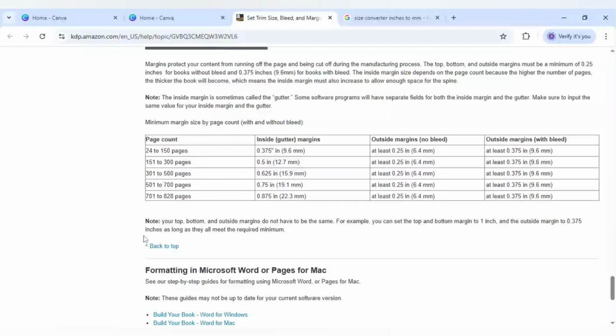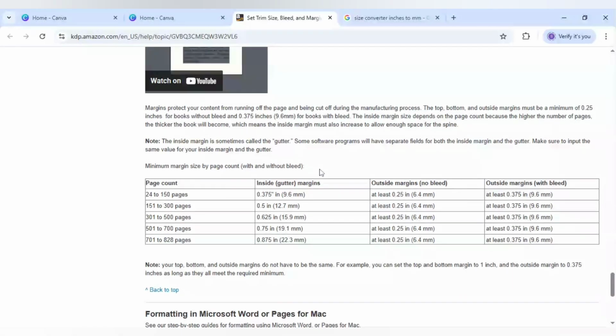Below, scrolling down, you will find here the gutter margins, means the bleed margins. It is said in the printing label, you can say gutter margin or bleed margin. So here, as you can see, 0.375 or 9.6 millimeters. So I will convert all the sizes into millimeters so that it becomes easier for me to work in Canva